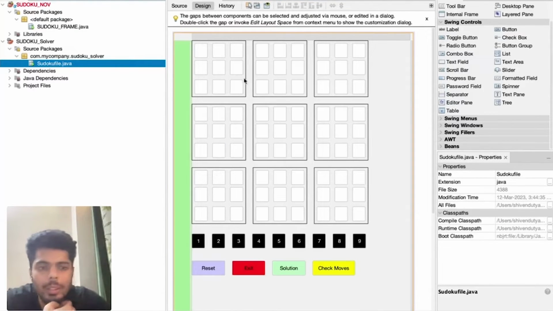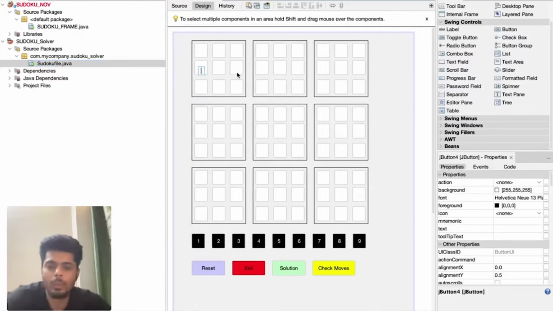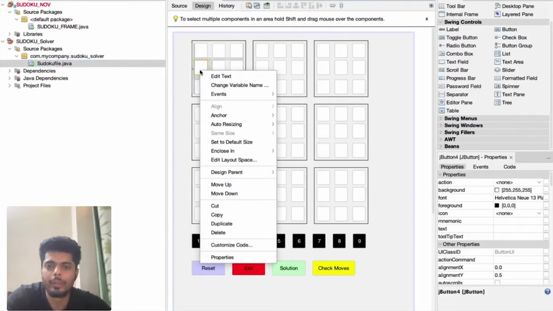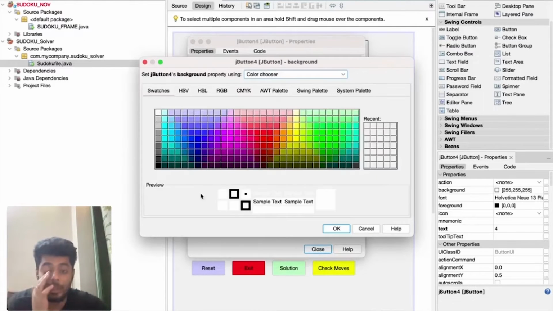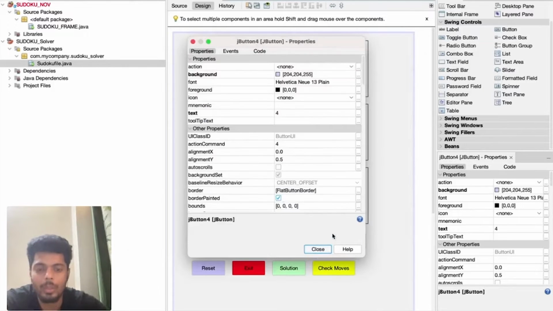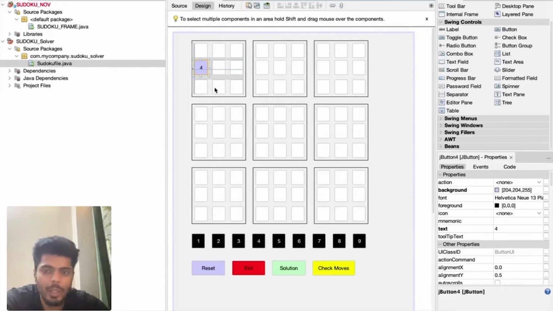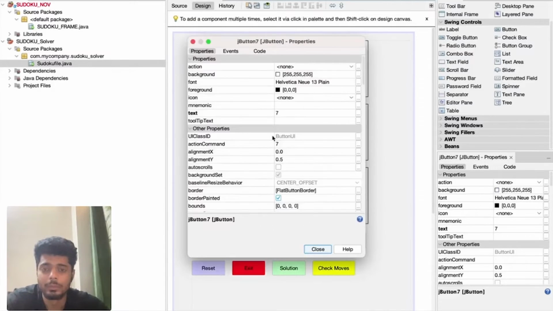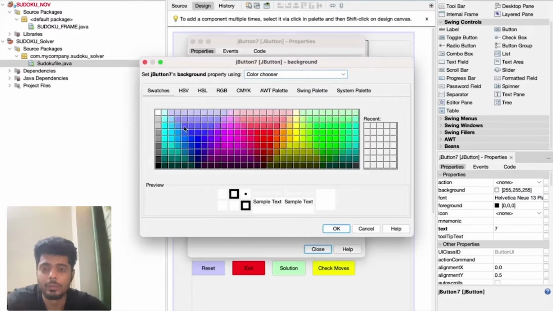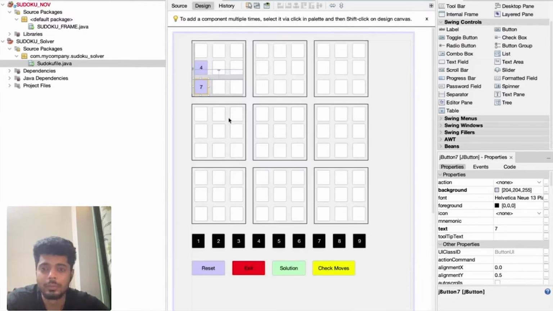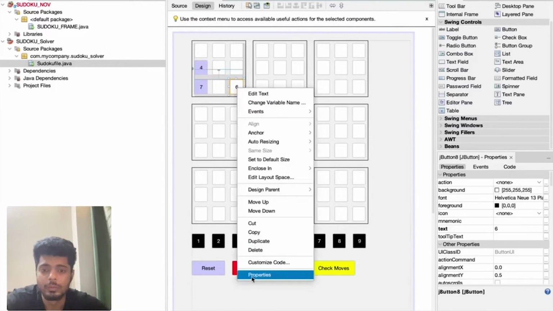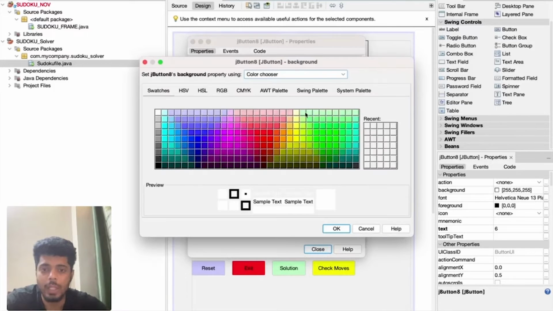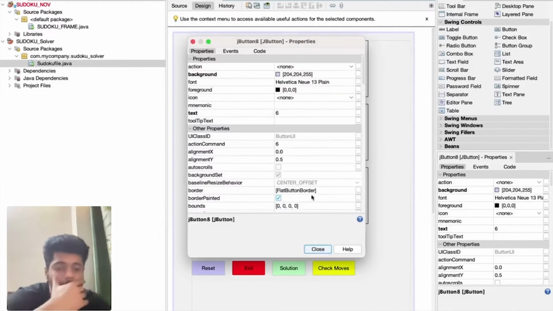What I'll do further is, let me do it in front of you. I just want some boxes to be pre-filled. So I'll fill them, and I'll change the color of the pre-filled boxes to purple. I'll fill this here, and this will also be filled.